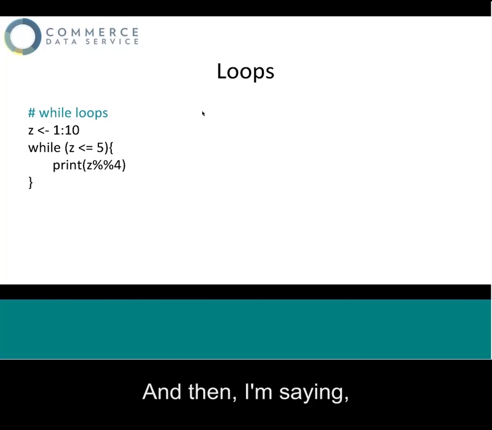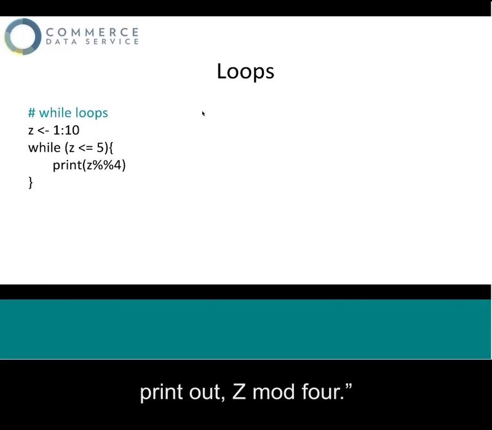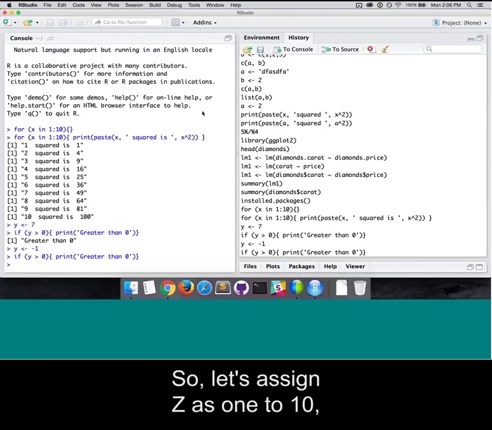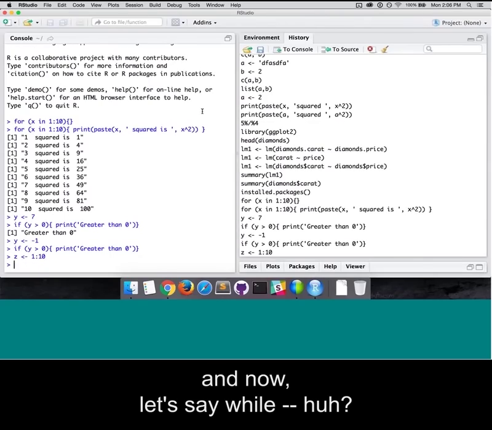Then I'm saying, so long as z is less than or equal to 5, print out z mod 4. Let's test that out. Let's assign z as 1 to 10, and now let's say while,